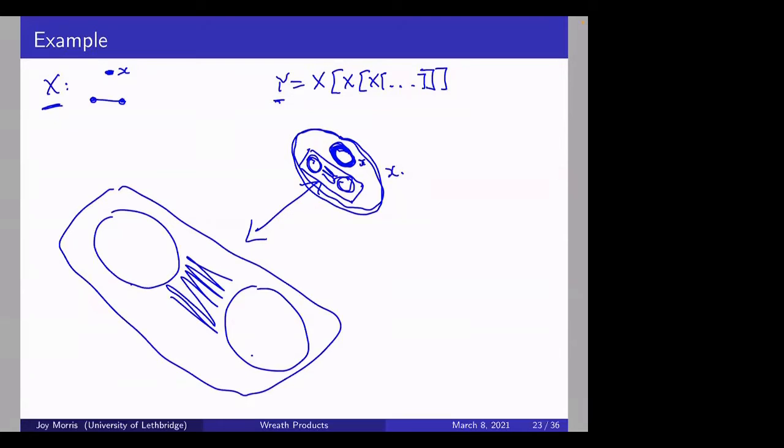But I haven't preserved the copies of Y that I started with, because I started with just three copies of Y. This one, and this one. And this one didn't get preserved. Part of it got fixed and part of it got swapped out. So this is an unnatural automorphism that arises when we have an inverting X point. This is the first kind of obstruction that we can get.